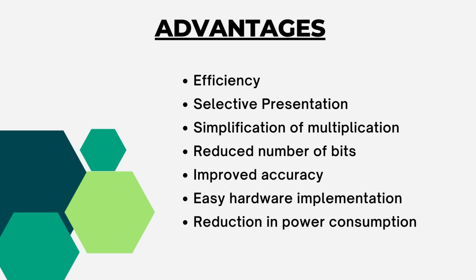Thirdly, Booth's algorithm simplifies the multiplication process by reducing the number of partial products generated. This can be especially useful when performing multiplication by hand. Fourthly, Booth's algorithm produces a product with fewer bits than the usual multiplication algorithm. This is particularly useful in applications where storage space is limited. Fifthly, Booth's algorithm improves the accuracy of multiplication, especially when working with large numbers due to its use of partial